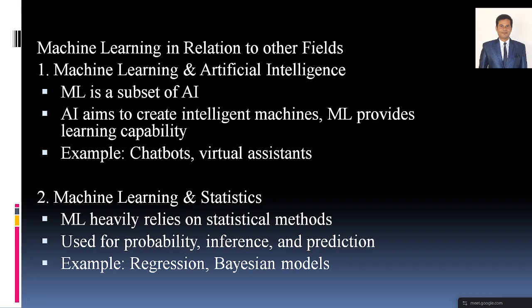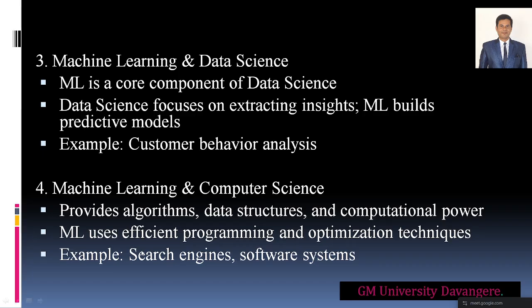Similarly, we have machine learning, and we also have statistics. It will try to develop statistical methods also, right? It will rely on the statistical methods, and it will try to provide the predictions also. For example, if you want to find the correct data, or if you want to remove the error from your batteries, it will try to generate the regression analysis. It makes the prediction models.